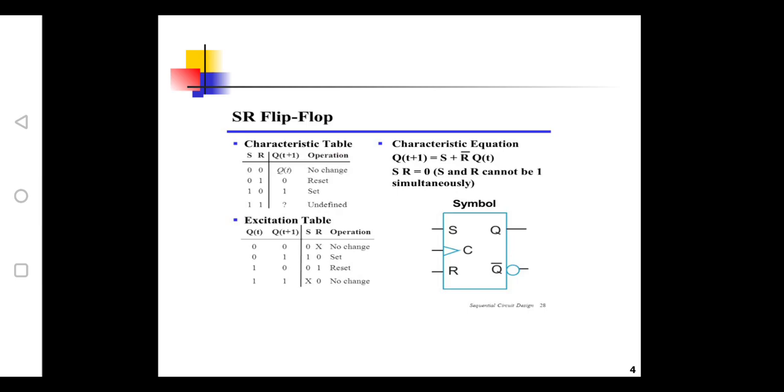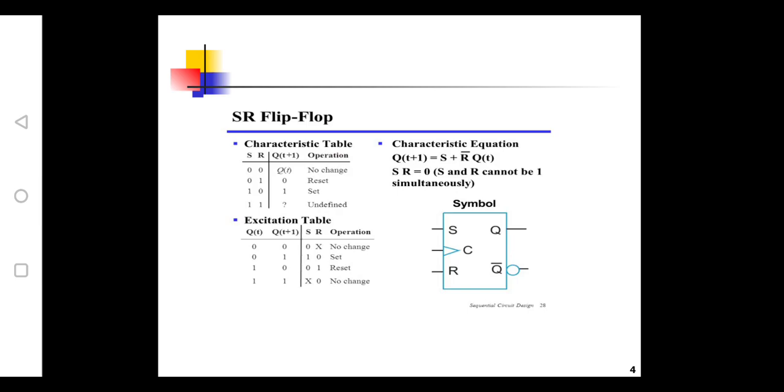If there are 3 variables, we'll be getting 8 different combinations, 0 to 7. So for the first two, S and R values are 0 0. As we see, when S and R are 0 0, output is equivalent to previous state. So if previous output is 0, present is also 0. If previous is 1, present will be 1. Similarly, we need to complete the whole table of an SR flip-flop.